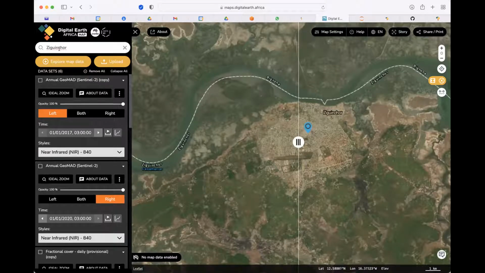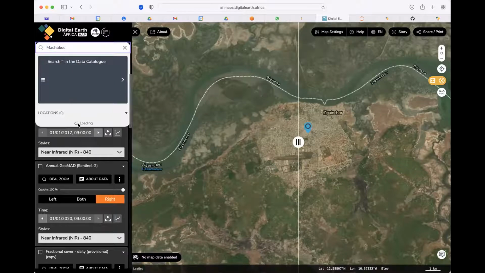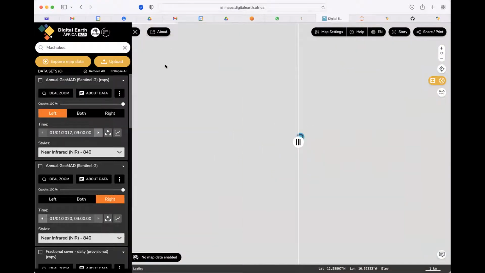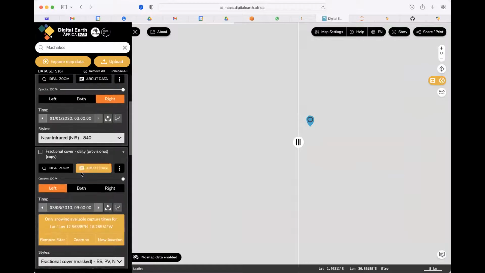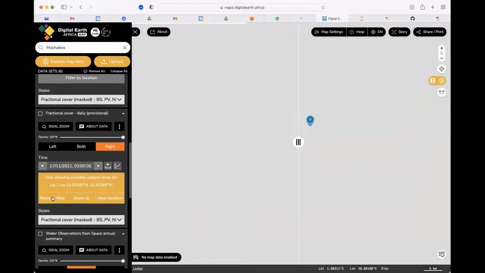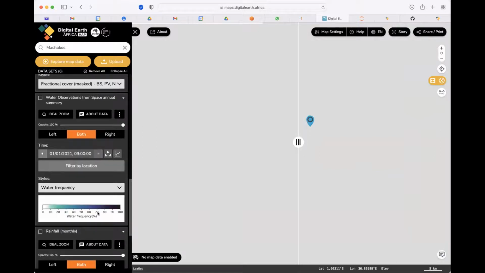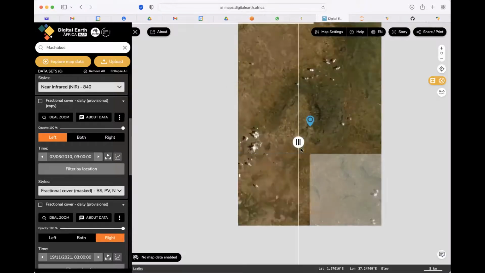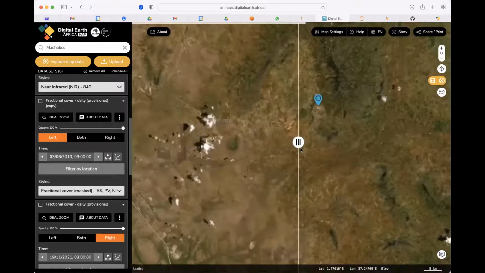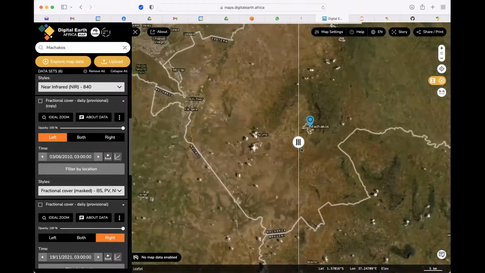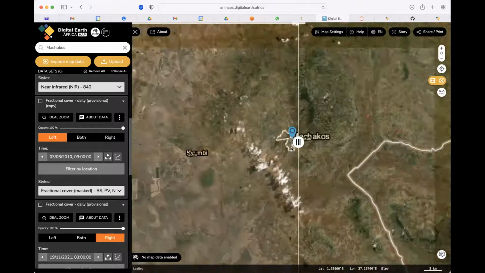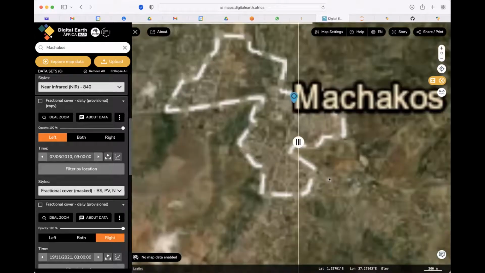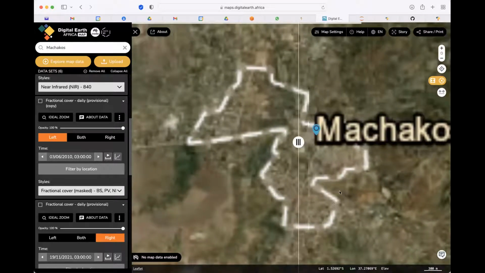Then another example is given by Eileen for a small city, which might be a metropolis in the near future, and also allowing for any question that you might have. And then I'll show you a last example on the relevance of fractional cover and water, like a water body. So you can see Machakos has grown depending on the context here. Quite a small city, but now grown quite in terms of its environs.